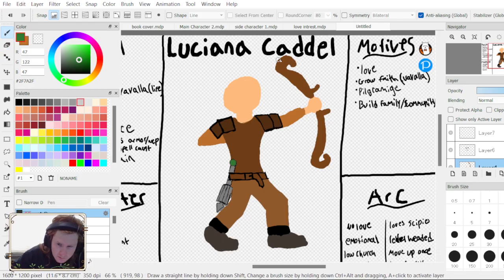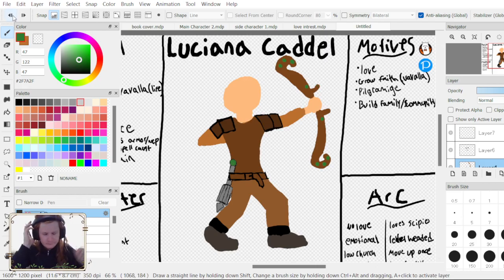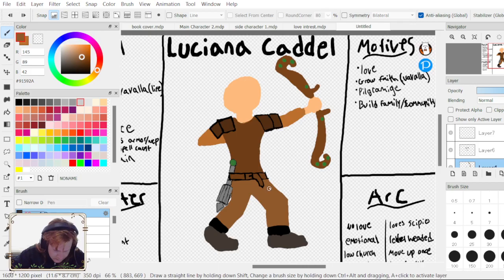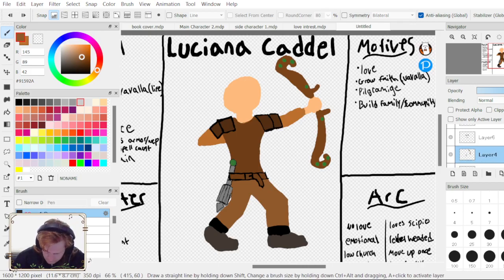Do you think I want to add stones on the bow? No, not there. And then I was thinking we also have some on her armor. Let's go back to the Slayer.